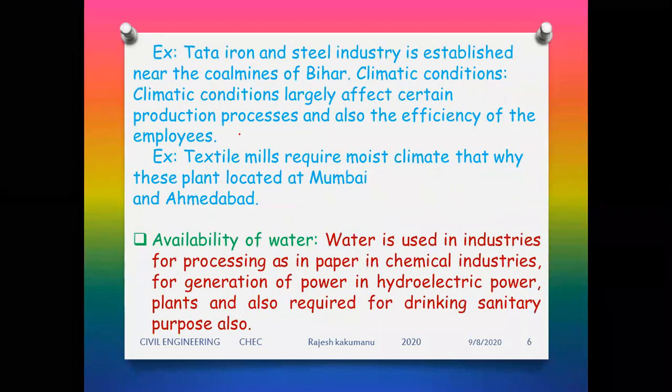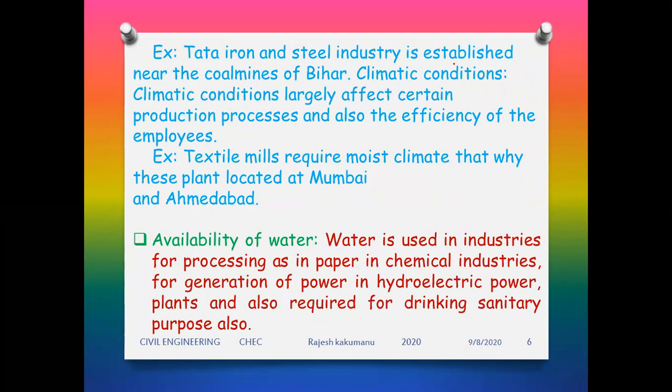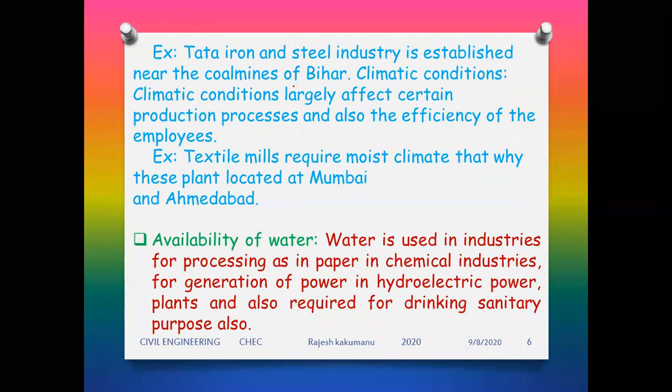This is an example. Tata Iron and Steel Industry is established near the coal mines of Bihar. So TISCO, Tata Iron and Steel Company ekkundi? Near the coal mines of Bihar. Bihar place it is located. Climatic conditions